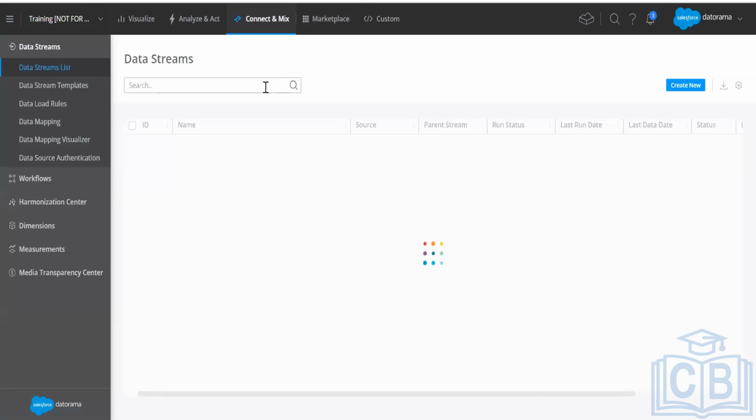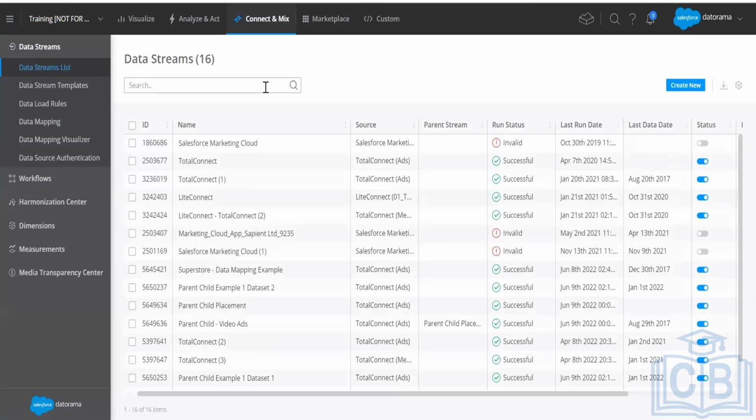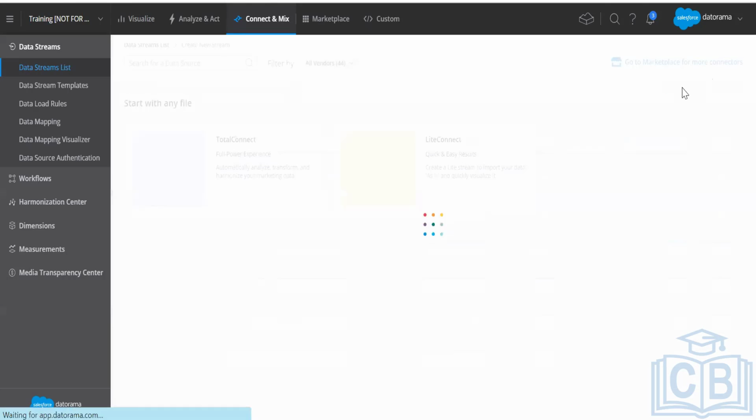Now coming to Connect and Mix. Connect and Mix is the most important part, and the first part in data ingestion, whereby when you go to the left pane, you see data streams, and these all are data streams basically. If you want to connect something, you can go ahead and connect your data. Once you have connected your data, how do you do that? These are data streams, right? You go to create new,